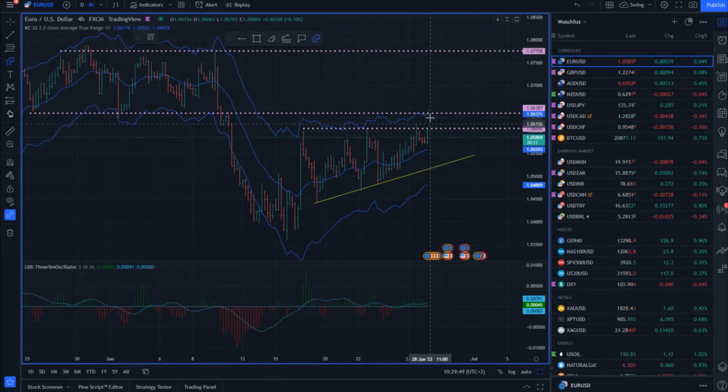I would like to see the euro trade above 1.0640 to clear these multi-lows, which can act like resistance, and of course multi-swing highs here. So this will be a critical area and zone. I can put a rectangle so you can see it even